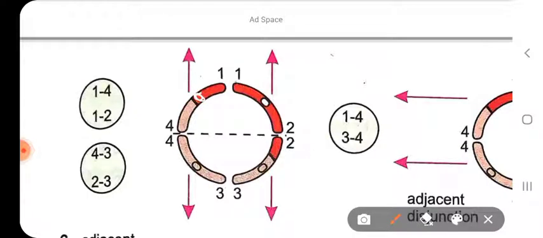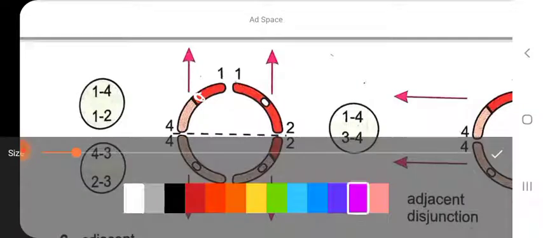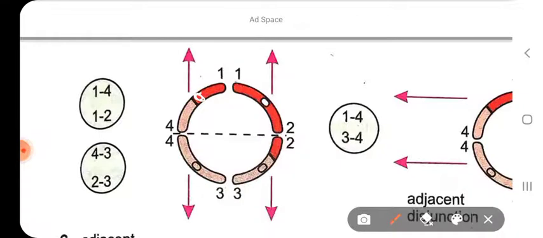So this is a centromere, suppose. So in this case, what do we see? We see that this type of adjacent type 2 segregation occurs rarely, and here we can see the two homologous